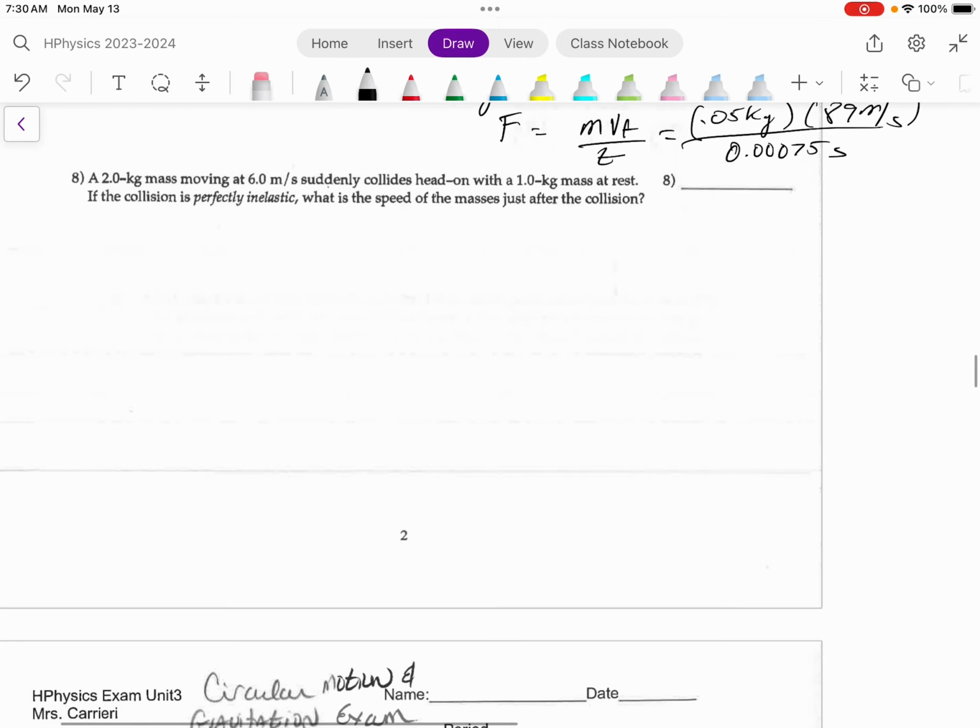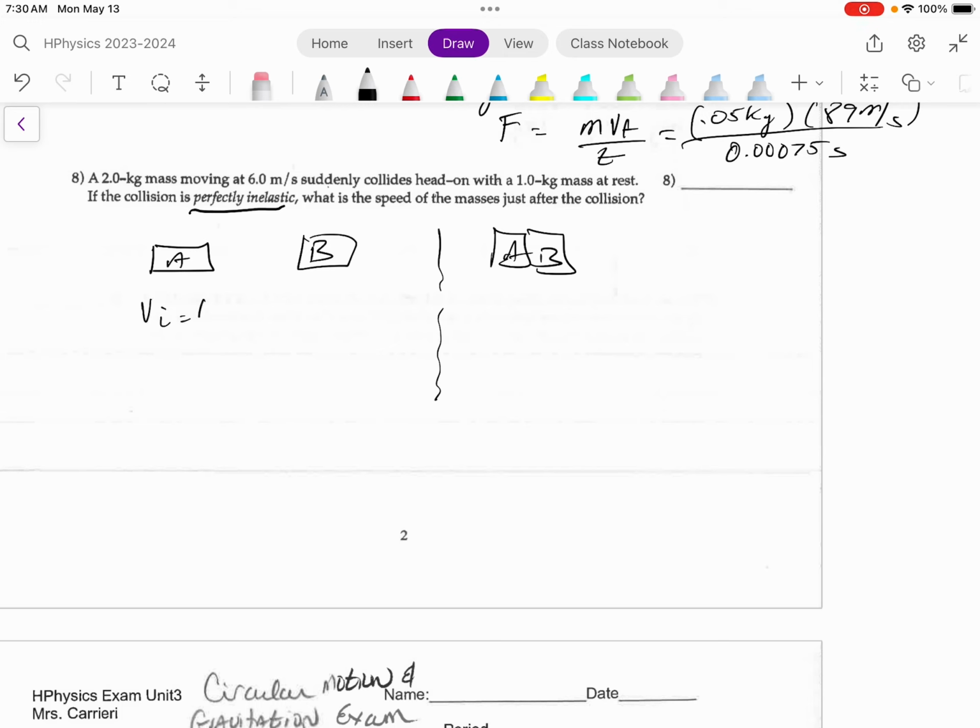8, a 2 kilogram mass moving at 6 meters per second collides head on with a 0.1 mass at rest. This is a perfectly inelastic collision. You must know the definition of perfectly inelastic collision. Perfectly inelastic collision is where they stick. So we have A, B, and after they stick together,